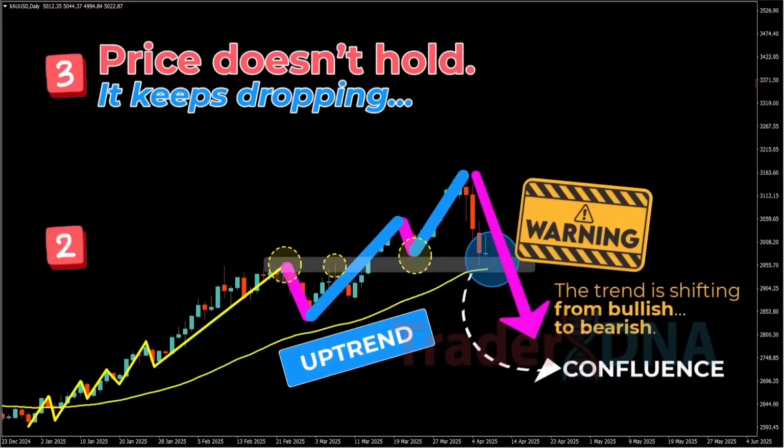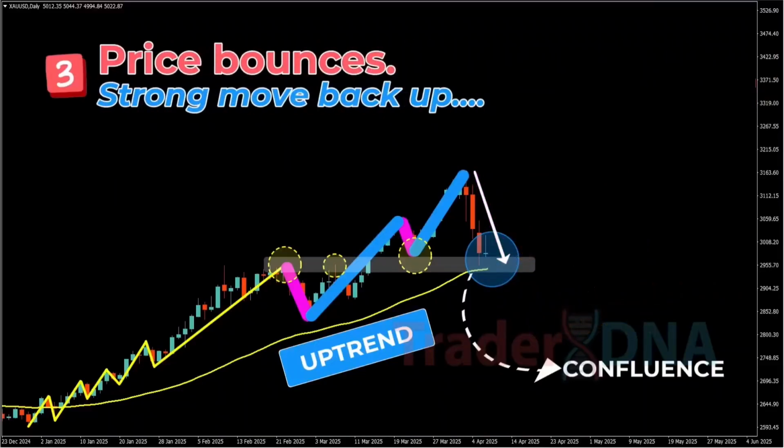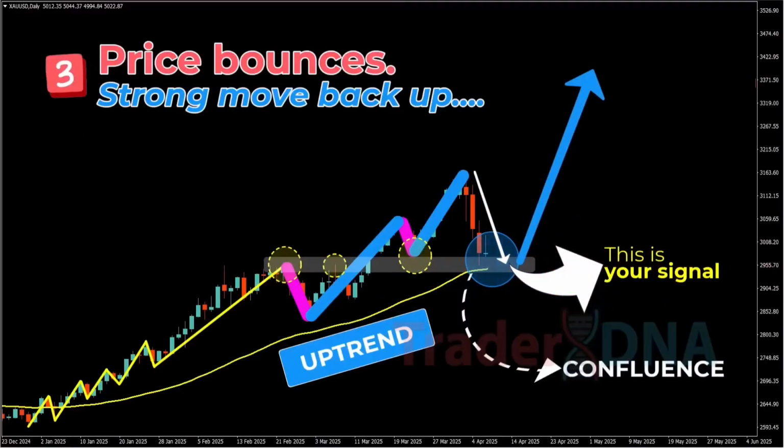Scenario number 3. This is the one we're waiting for. Price comes into the zone and then boom, it bounces. Strong move back up. This is your signal, because in this context, that bounce has a high probability of continuing higher, since the market is trying to continue the existing bullish trend. So out of these three scenarios,